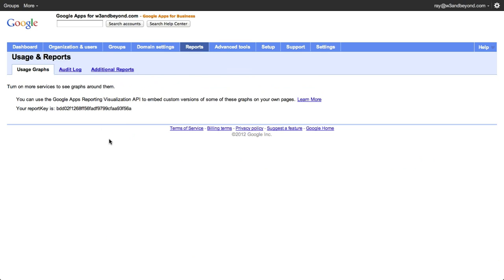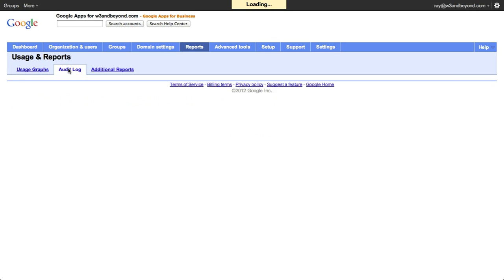allows you to be able to see all sorts of really cool stuff. So you can see under the usage graphs, you can see all sorts of information visualized about how this particular instance of the software is being used. So you can see how many people are logged into the system, how many people are using particular areas of the software, and all that fun stuff. So it can be really cool. You have to go ahead and turn this on under the support area, under the settings area for usage graphs,